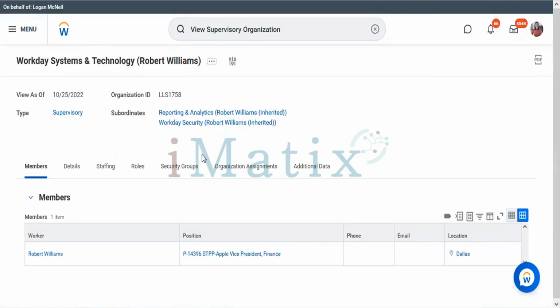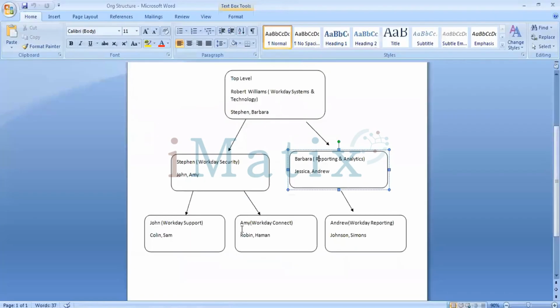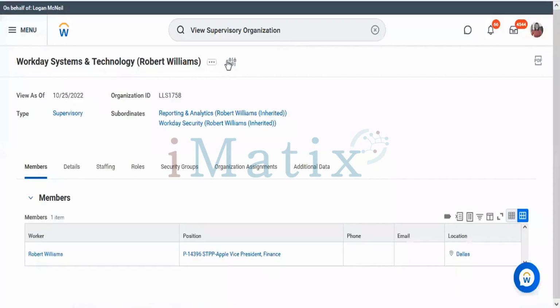This is the organization structure that we created yesterday. Let me show you the org structure.